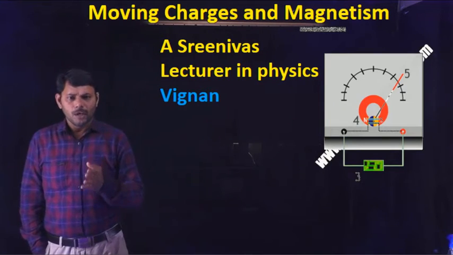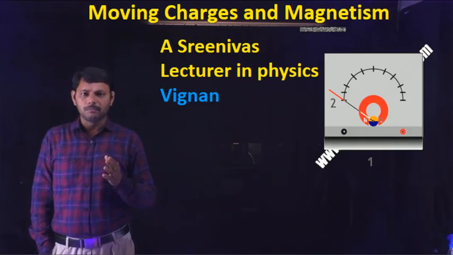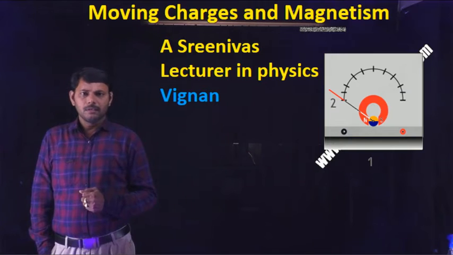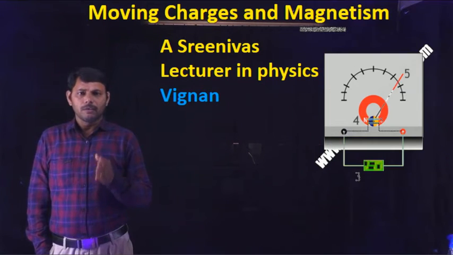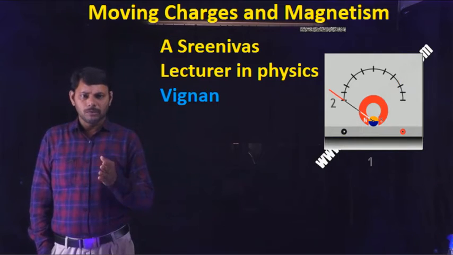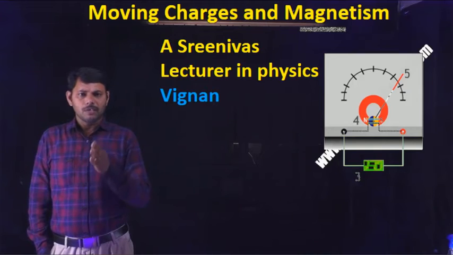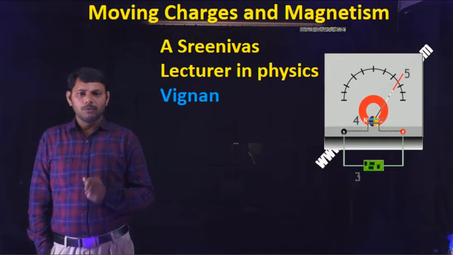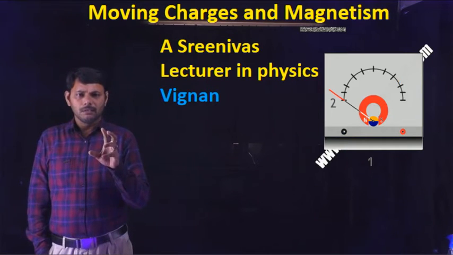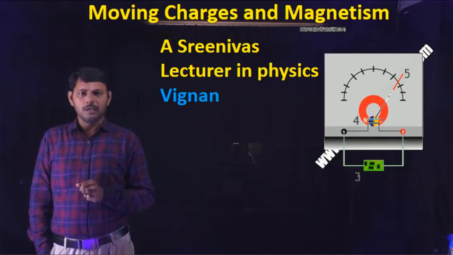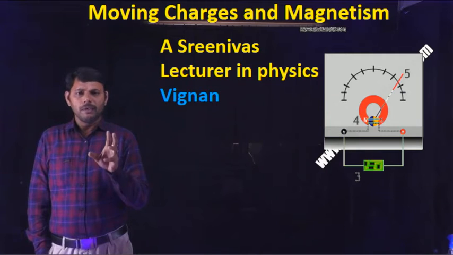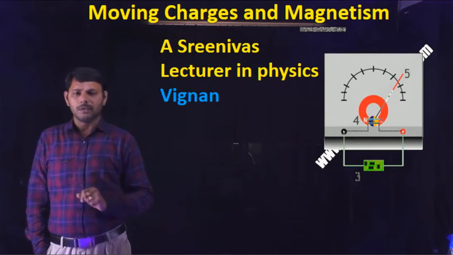Students, we are discussing the moving charges and magnetism chapter for the last 5 to 6 sessions. In this session, we are going to discuss the problems of moving coil galvanometer and conversion of moving coil galvanometer to ammeter, and torque. Moving coil galvanometer is a very important topic, especially in JEE Main examinations. Every year, we observe repeated questions on this topic.